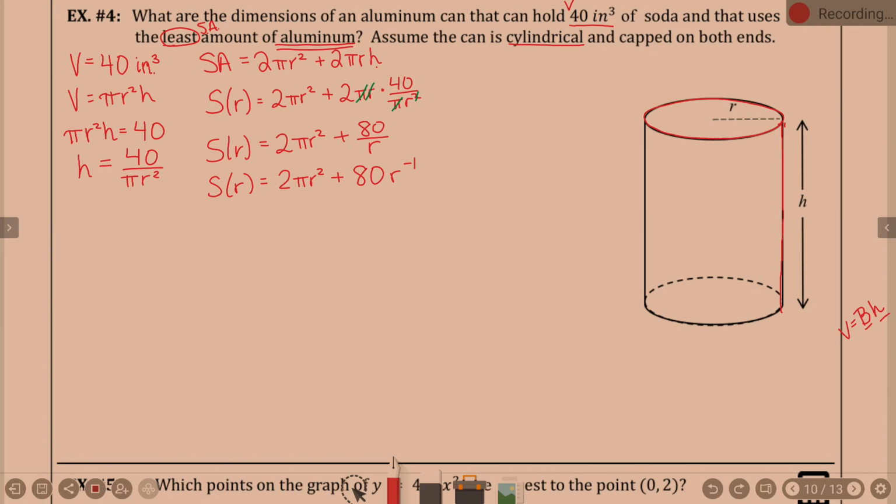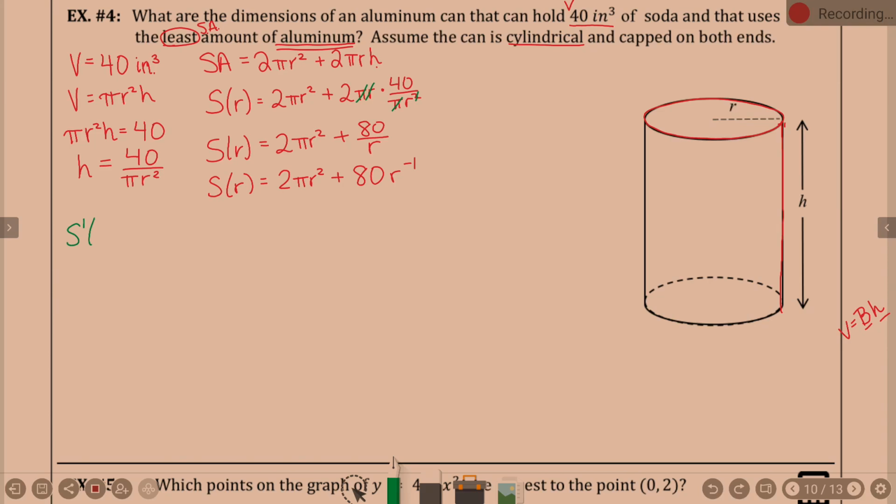Okay, we have our formula. In terms of domain, we're talking about radius and height and surface area and volume. They have to be positive, right? That's really about all we have happening here. So let's try to minimize, which means I'm ready to